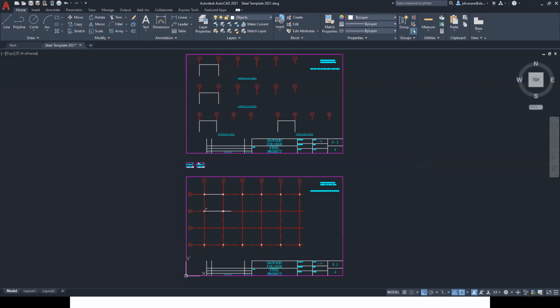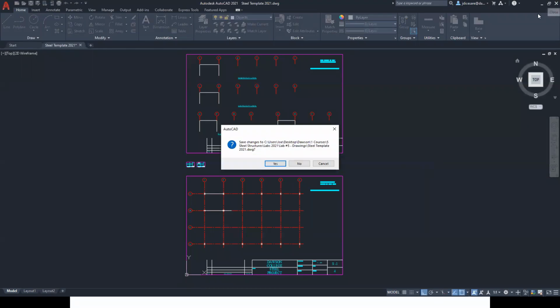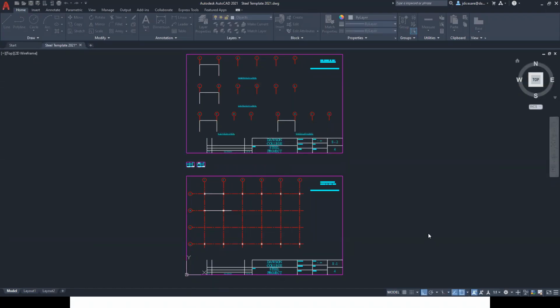Are there any questions here regarding the template? Is everybody clear with that? Because I'm going to close this. No, I don't want to save these things. Okay, I'm going to put this on the recording on